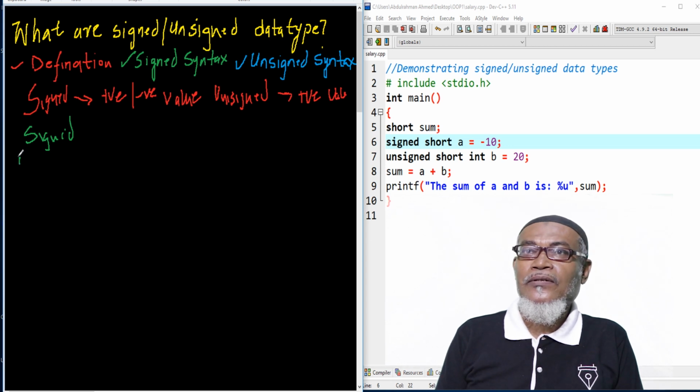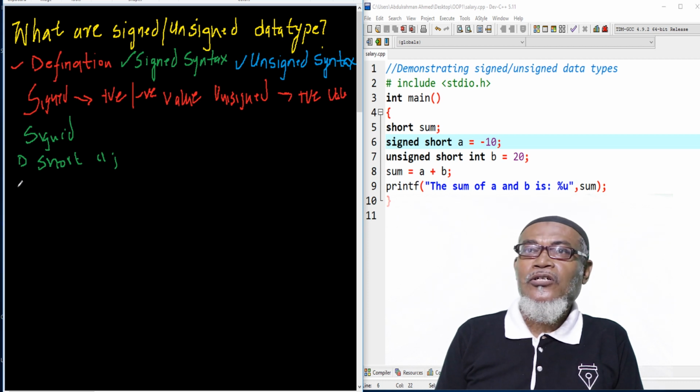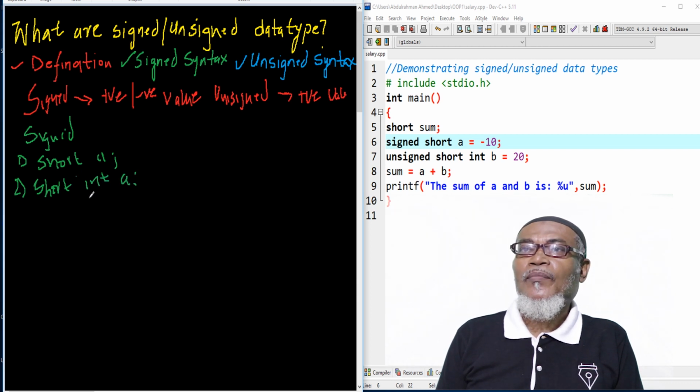The first one, we can say, for example, short A. So that will be the declaration of a signed value, or we can say short int A. So here we are telling the compiler that the variable A is of data type short integer, or alternatively